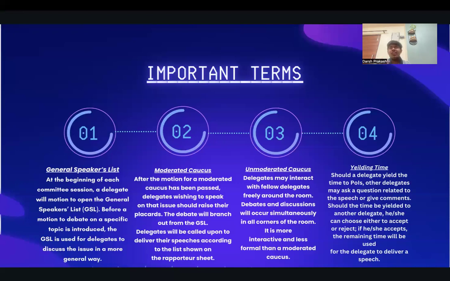For one committee, I'll say shortlist at least 6 to 7 moderated caucus topics and keep 2 to 3 topics as a backup, right? That if one moderated caucus topic does not work, you can replace it with the backup one, right? So in moderated caucus as well, you'll get a time limit, okay? There are 3 time limits that are actually possible in moderated caucus: 60 seconds, 90 seconds, 120 seconds. In other words, 1 minute, 1 minute 30 seconds, and exact 2 minutes. Okay. I'll recommend you all to go with 90 seconds because 90 seconds is more than enough to deliver all the important points of your speeches.